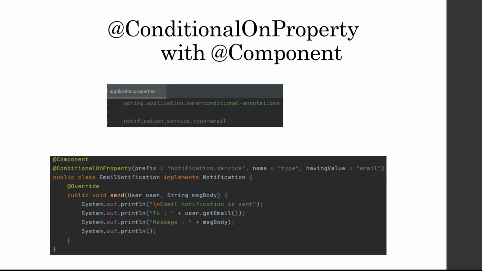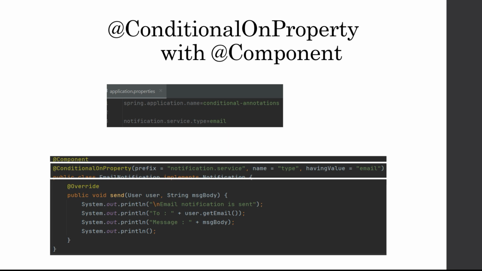Here on the screen you can see that I have taken two screenshots. One is from the application.properties file and the other one is from the email notification class. In the application.properties file, we can see that we have one property, notification.service.type, and the value for this property is email. The email notification class is annotated with the component annotation, and in conjunction with it we are also using the